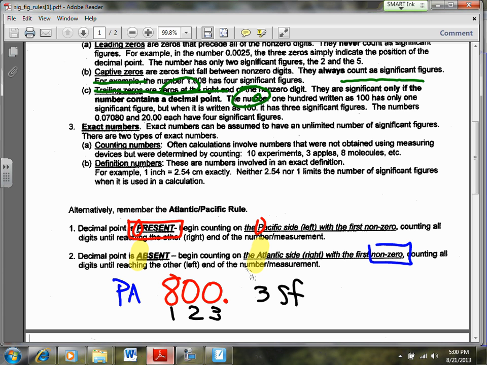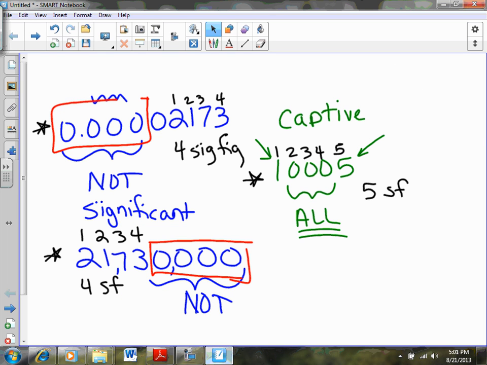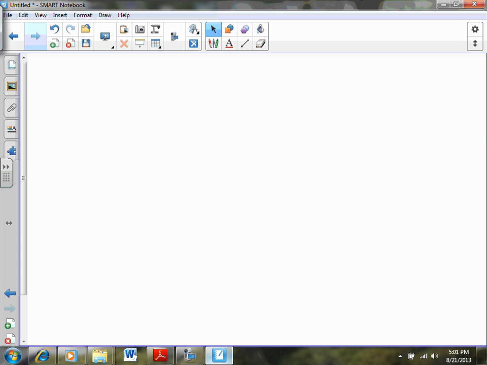So why don't we work the first few problems of your homework, shall we? I think that would be lovely. Yes, let's do that. Okay, let's get rid of this quickly. And I'll go to your homework page. Counting sig figs. Let's start with question number 40. The number is